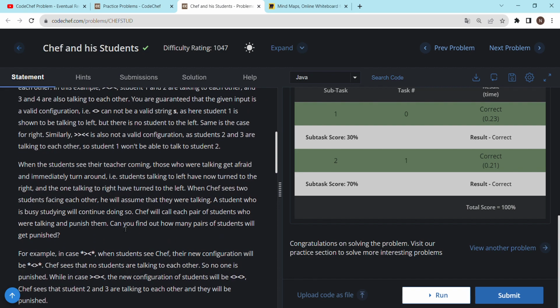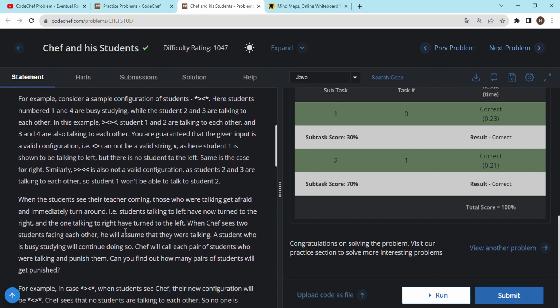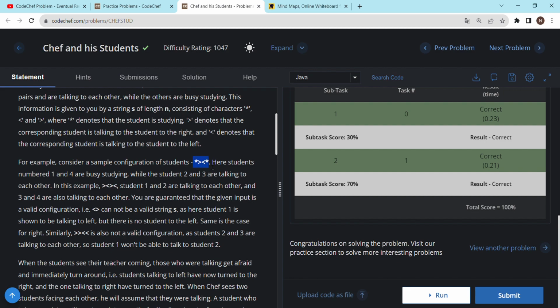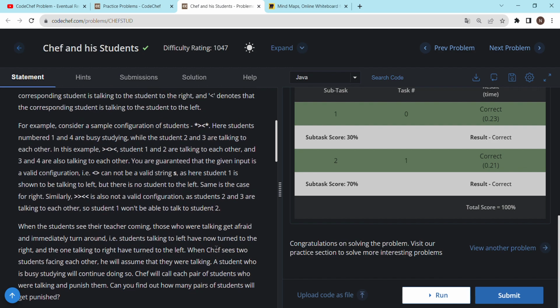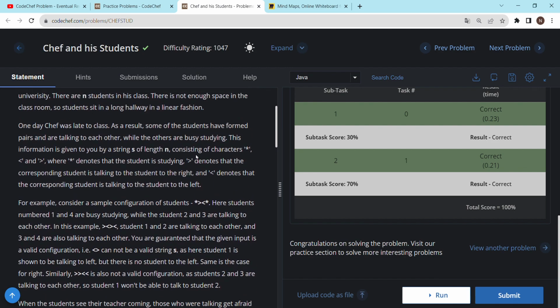In this problem we are given a string which contains these types of characters, where this sign denotes that the corresponding student is talking to the student to the right, and this sign denotes the corresponding student is talking to the student to the left. So after this,